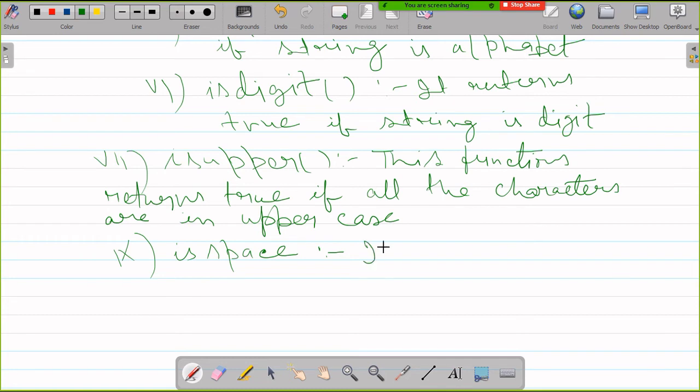It checks whether the string is space or not.